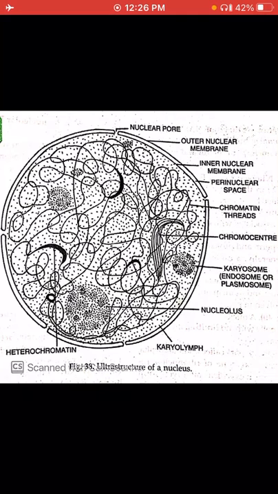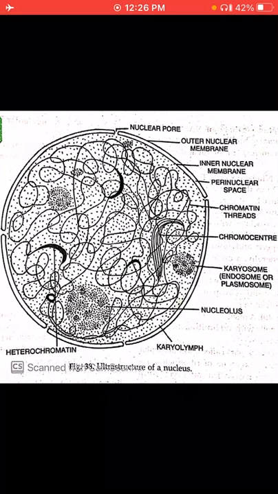Now coming to the nucleoplasm. Nucleoplasm is a sap present inside the nucleus. Its function is that it acts as a nuclear skeleton and helps in maintaining the shape of the nucleus. It helps in the formation of spindle protein. It is the site of synthesis of NAD, ATP, DNA, RNA, and ribosomes are also synthesized here in the nucleoplasm. It supports the nuclear chromatin.